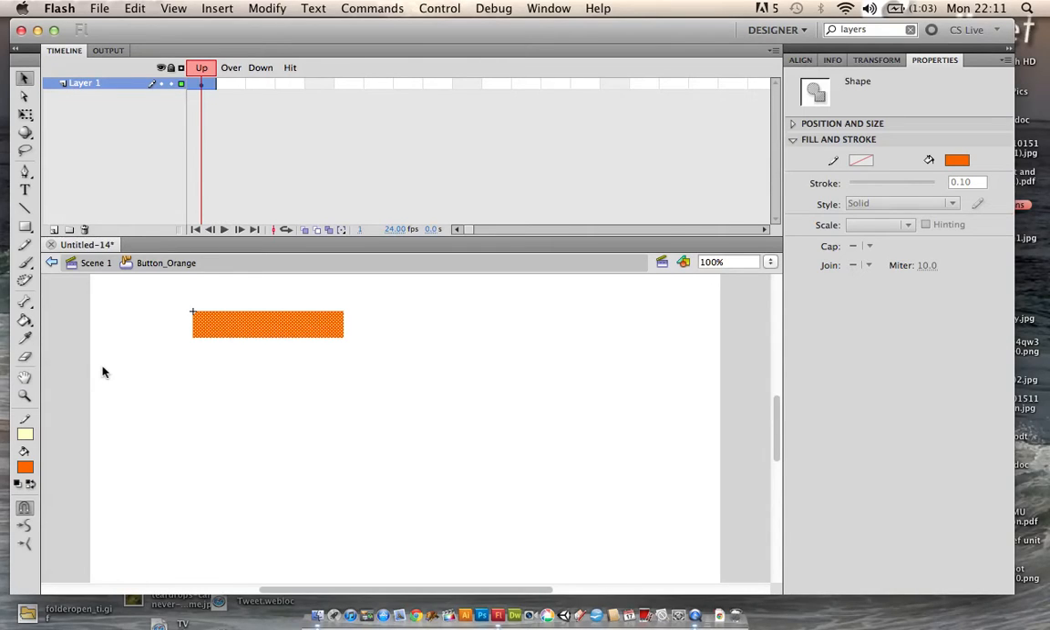So the up is when the button is not being interacted with. The over is when the mouse has rolled over the button. The down is when the mouse has clicked on the button, and the hit is the hit area that makes the button interactive. So we need to put a frame in each one of these. So it always draws the frame of the first shape that we've made on the up state. So in order for us to put the rest of the frames in, if you hit F6, it'll just add